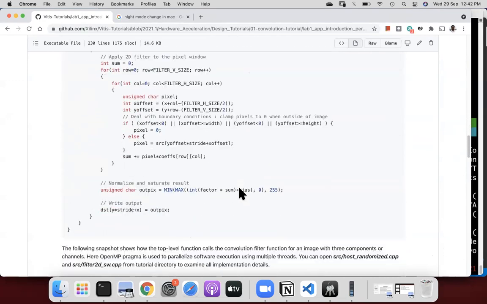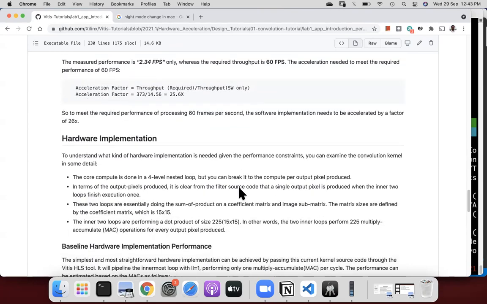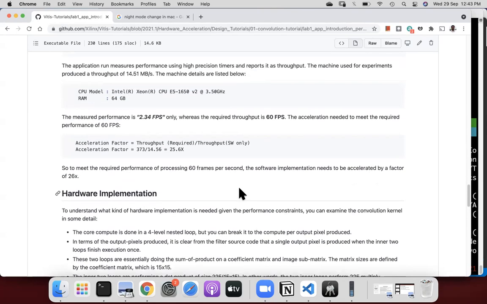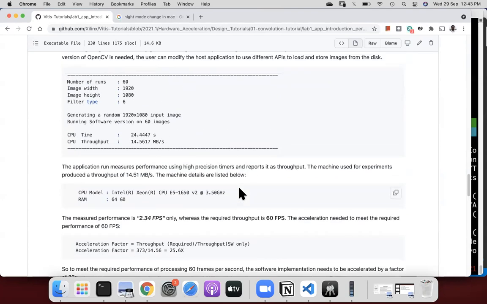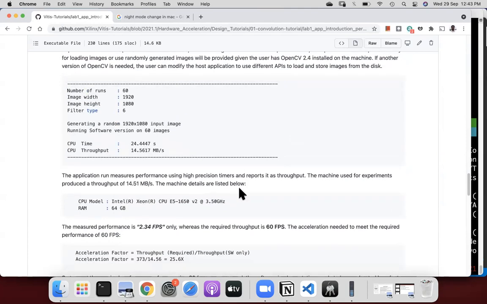So now what we will do is, let's see. We take this code.